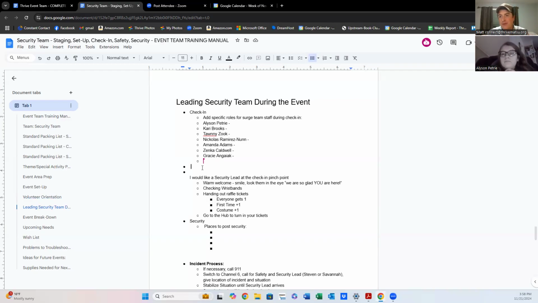And it'll continue to get refined. The other thing that we're going to do each time is print these out. Obviously, the links don't work when we print it out, but we're going to print this out each time so that people can reference it in physical form during the event, reference the checklists. And when we're doing the event, we need to be very diligent to add critical things that need to go into this between events